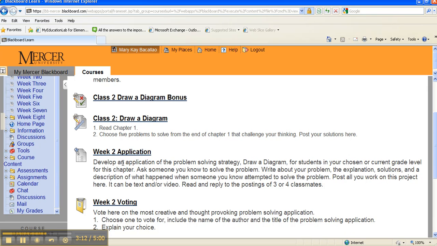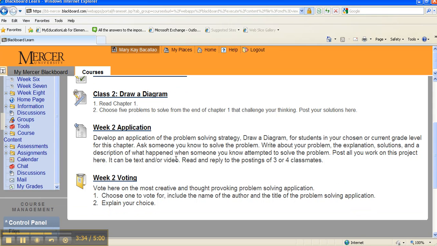Another thing that we're going to be doing every week beginning in week 2 is developing applications for our problem solving strategies, and these are going to be applied to the grade level that we're going to be teaching or are teaching, and we are going to be creative and come up with real-world applications for these problem solving strategies. You are also going to be reading the work of your other classmates and commenting on their